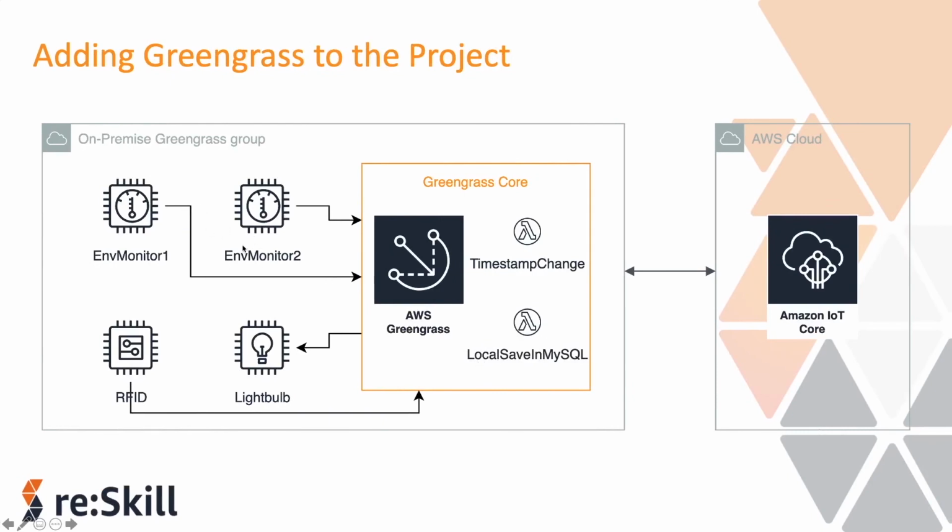So not every 5 seconds do we want to send it to IoT Core, but maybe we want to aggregate it in Greengrass and have local storage for a day or two, depending on the requirement. Then we can send all that data to IoT Core, and we will follow through how we can store the data in IoT Analytics and visualize it in QuickSight and all that stuff. So this is about how we can save data locally as well.